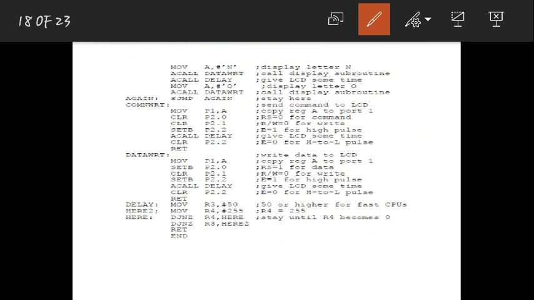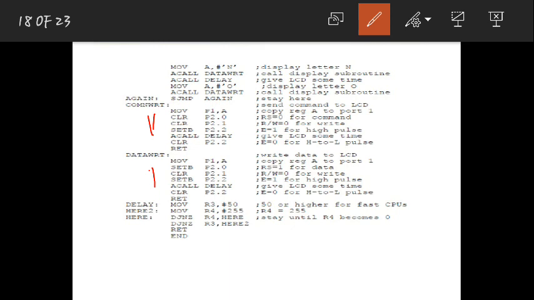So here, first I sent the data. When I send this data, next I should call this data subroutine. You already know what the instructions are in the command subroutine and data subroutine. I already said, you just need to select whether the register is for command or data, and whether you are writing or reading.